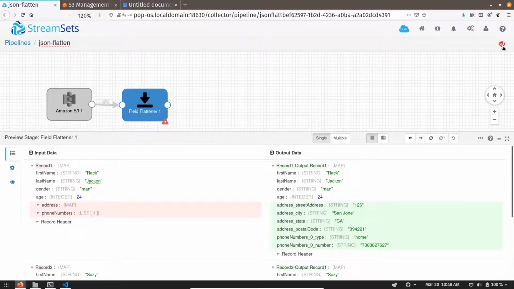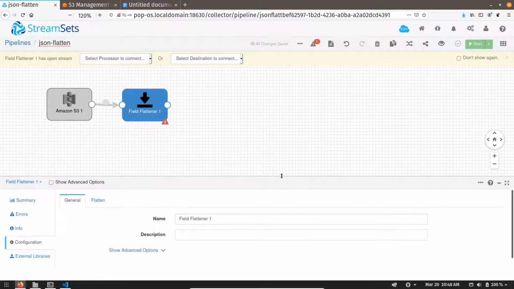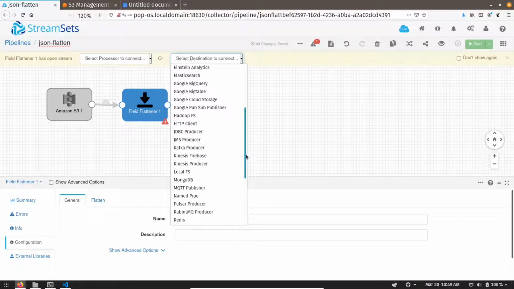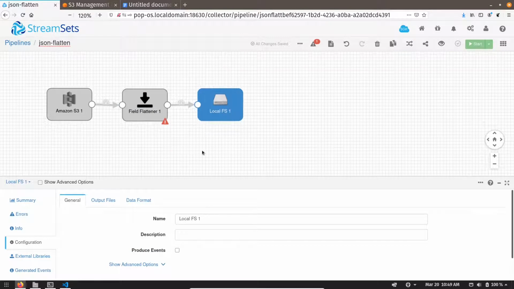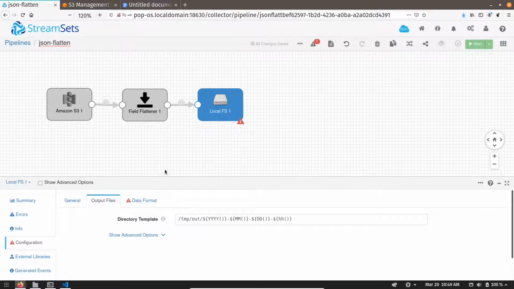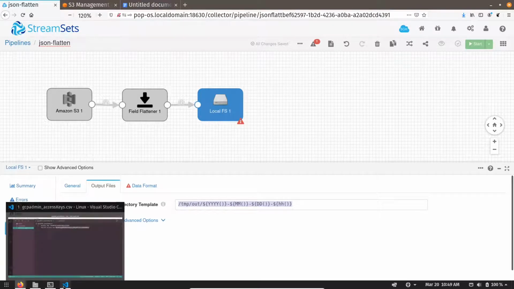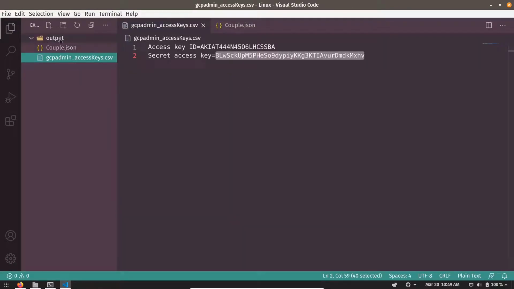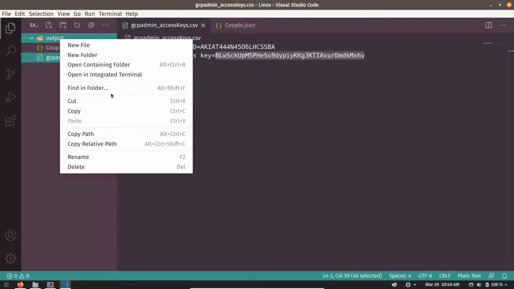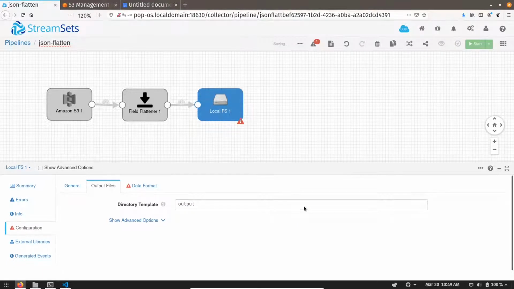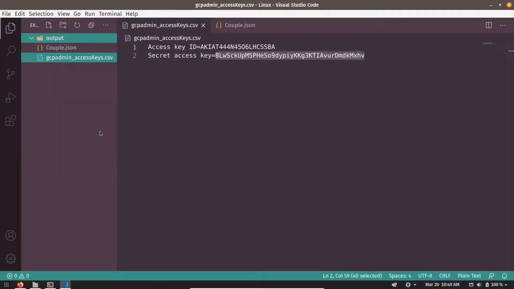To load it into our local file system, we have to select the destination as Local FS. Let's configure it. We want the output field, so we have to provide the directory where we want to copy it. I have the directory output field, and we can copy the path and put it over here, not the relative path, the whole path.